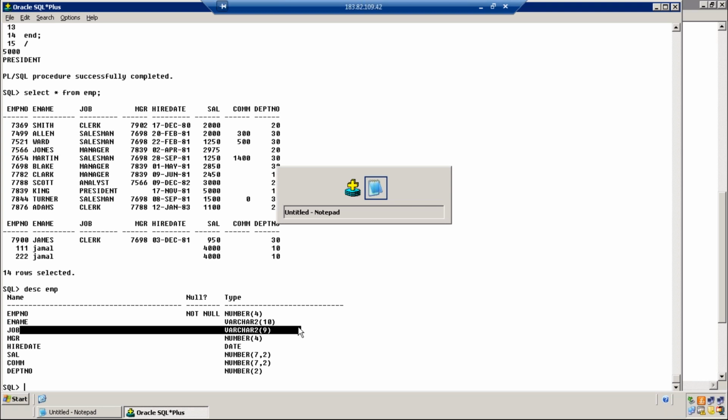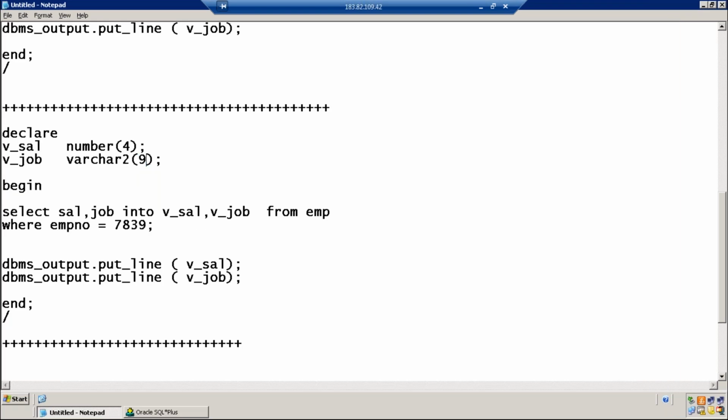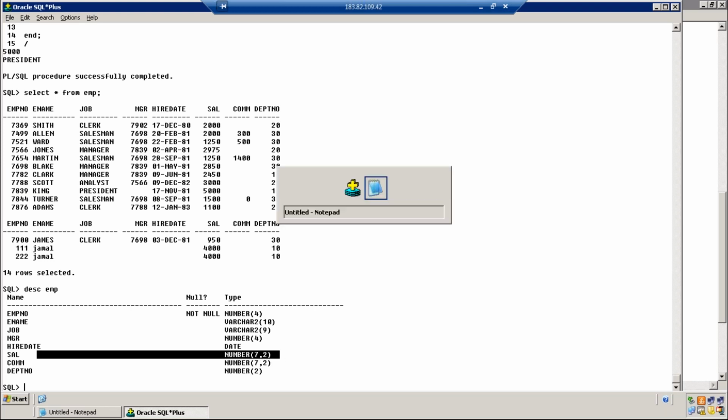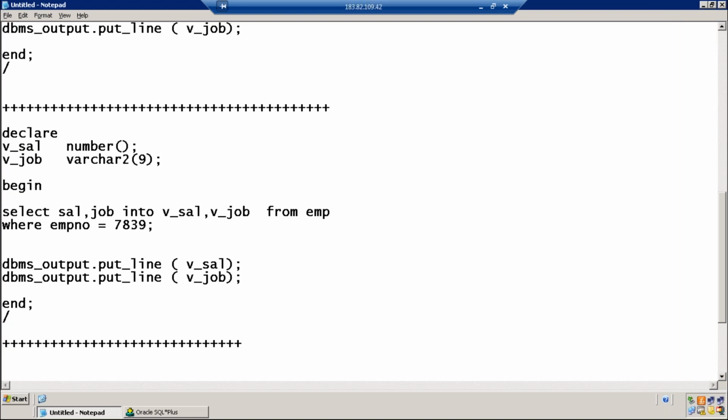As the column size is 9, the best thing is to write 9. Salary, number of 7 comma 2. So it's always good practice to write number of 7 comma 2. Are you understanding? Whenever your variable is storing a value from a column, check the size of the column. Use the same size in the variables.